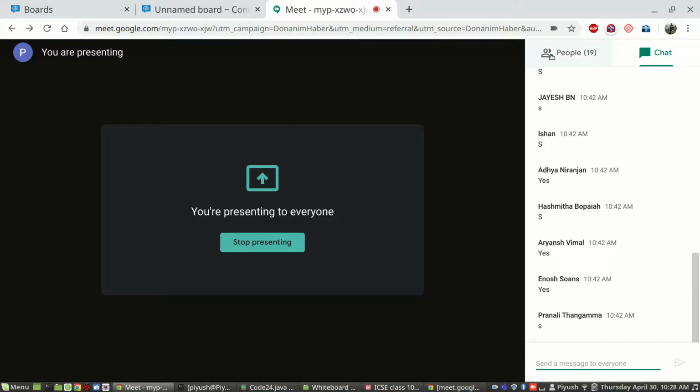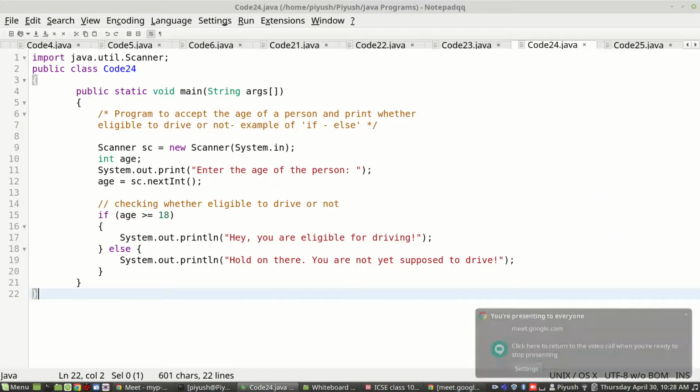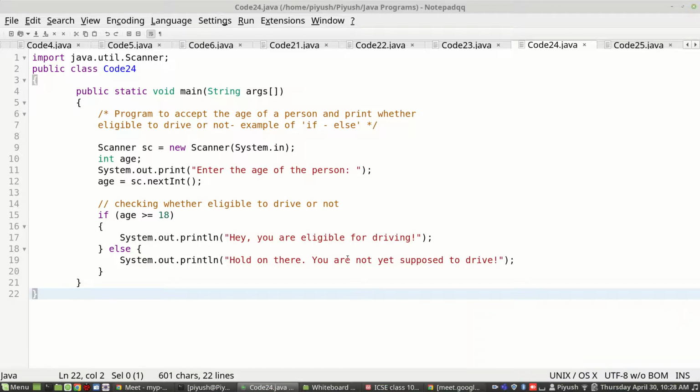Now, this question can be asked in many different ways. At times somebody may ask you, instead of driving, to write a program for whether eligible to vote or not. So you will see in that case what the voting age is. In India, of course, they are the same, but many different countries have different voting and driving ages. Some countries may have 16 years, some have 21 years. But we'll not go into that. The concept is, whatever is the base age for that nation, we'll put that age here in the condition. And then we will decide whether the person is eligible to vote or not.